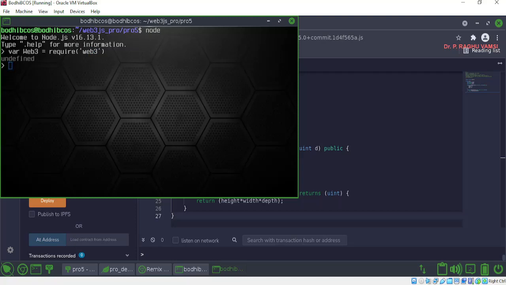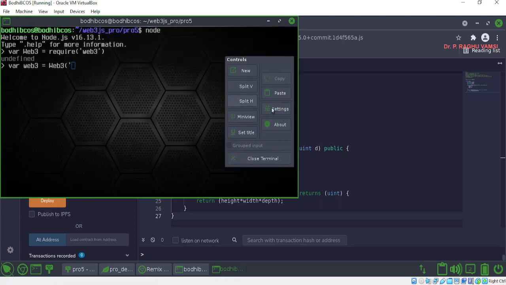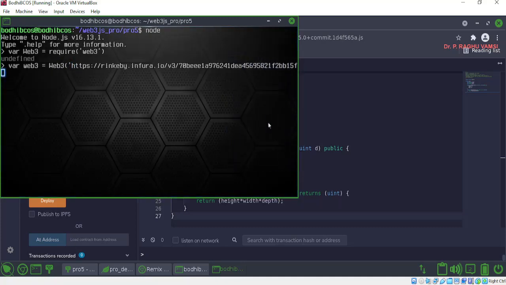Now var web3 is equal to new web3 of the provider. Whatever the provider is, you can place the provider address here. Okay, so now it is connected.